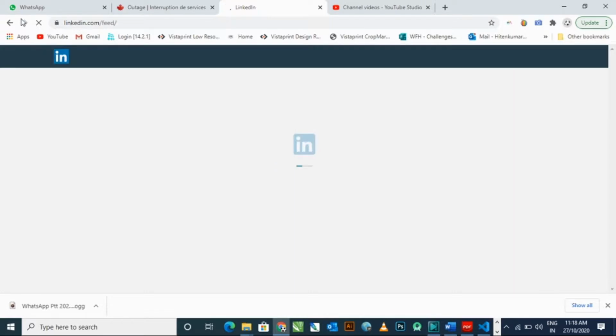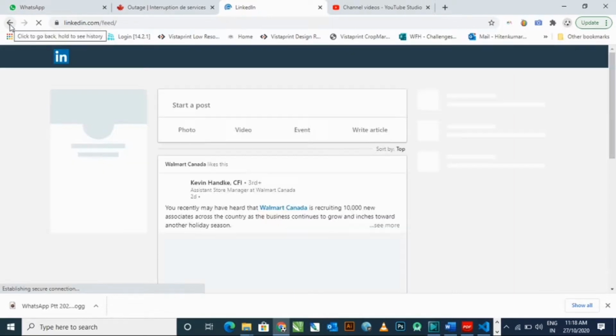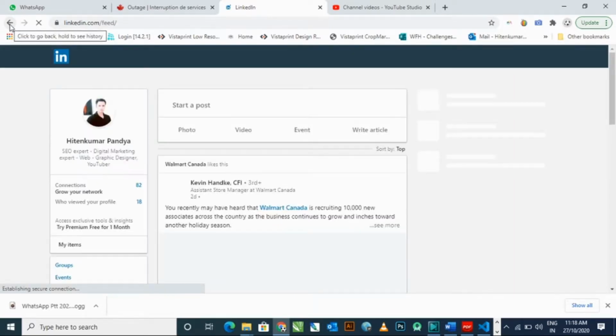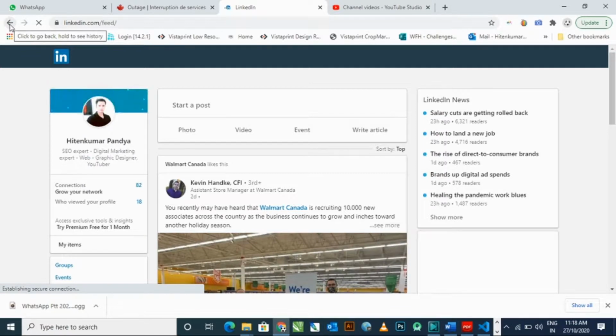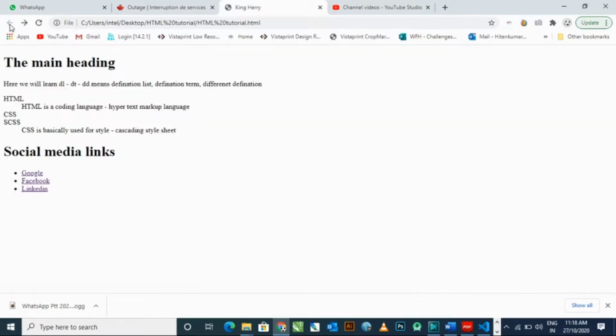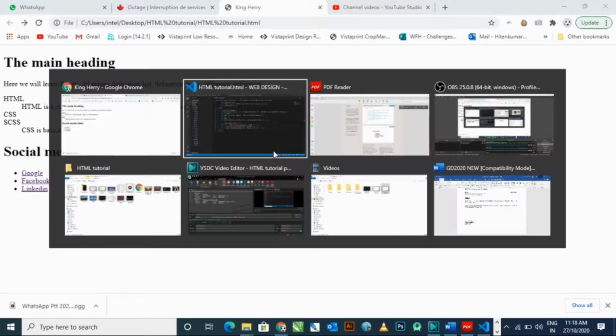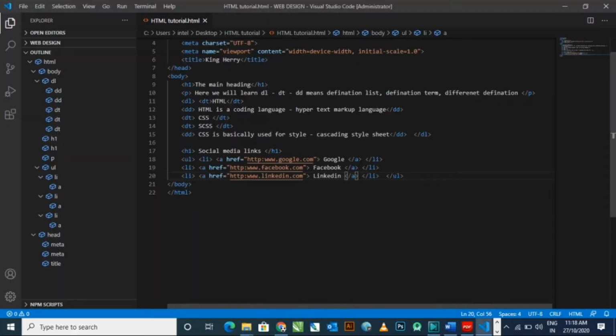I think it will be better if you redirect with a new window. Okay, here I will show you how to redirect someone with a new window. Simply you have to type target underscore blank. I'm showing you how.